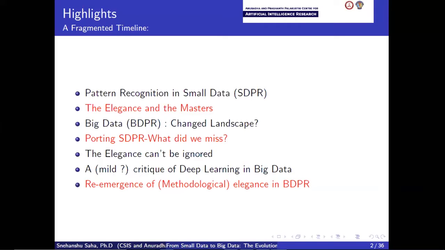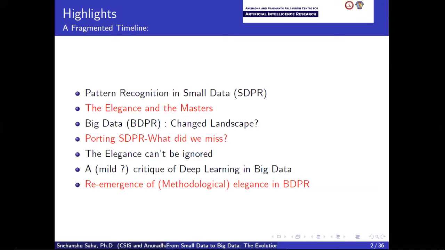Now the problem is, when big data pattern recognition emerged in the late 1990s, early 2000s, and now because of the predatory mobile apps and all kinds of large internet service providers, and big companies like Google, Amazon, and Microsoft, you have a lot of your data, whether you realize it or not, being accessed and processed in the backend. Whether you are aware of this or not, it doesn't matter. So the landscape has changed massively. From a few rows, it is now a million rows.